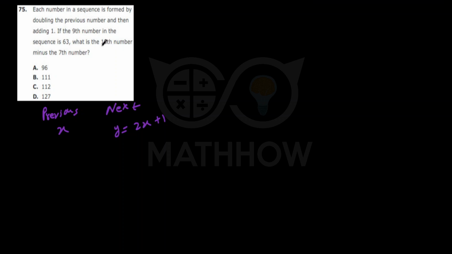First, we need to find the 10th and the 7th number. The ninth number is given: the ninth number is 63. We don't know what the 8th number is, and we don't know what the 7th number is, and we don't know what the 10th number is. Suppose this is the next number for the 8th number. To find the 8th number,